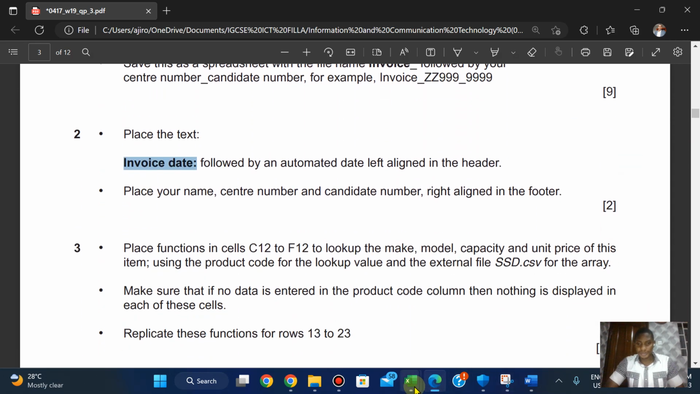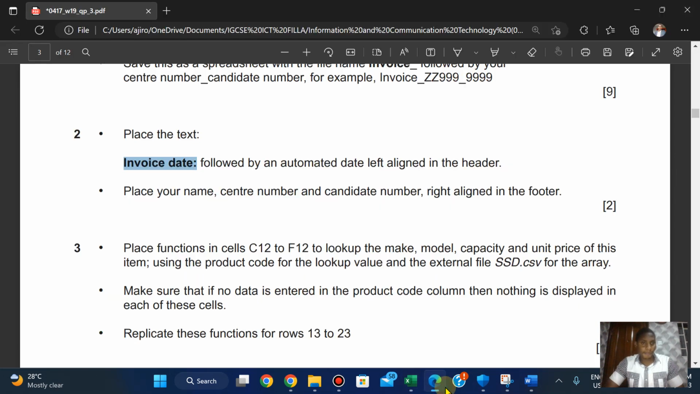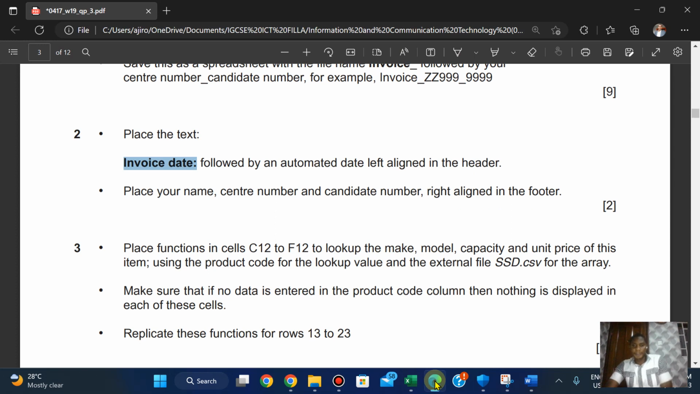C12. So let's place it on C12, to F12. Okay, the make, the model and capacity and unit price of this item using the product code from the lookup